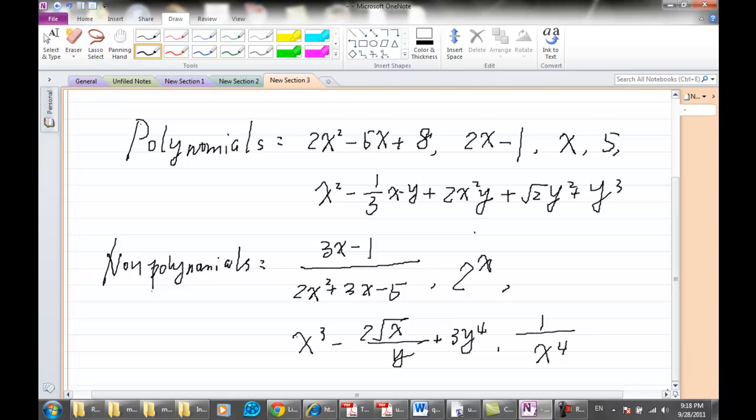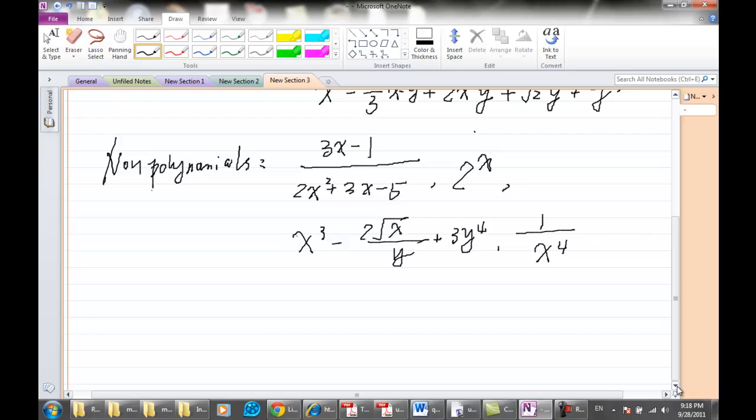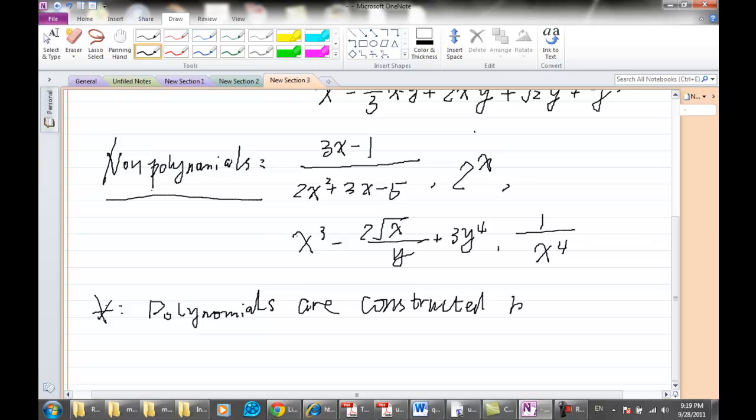Now, let's figure it out. What do all the polynomials above have in common that is not shared by non-polynomials? Try to remember that polynomials are constructed by either adding or subtracting